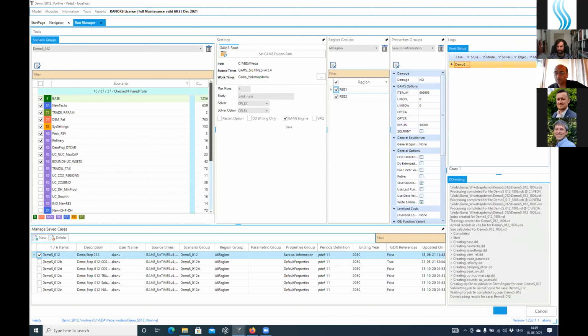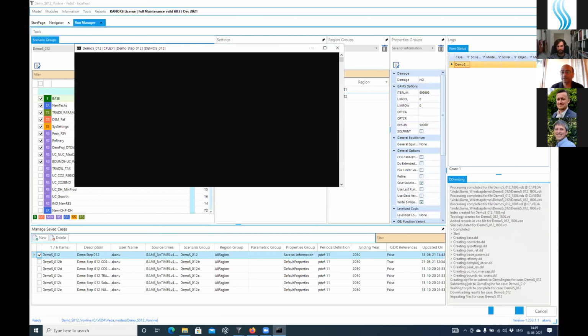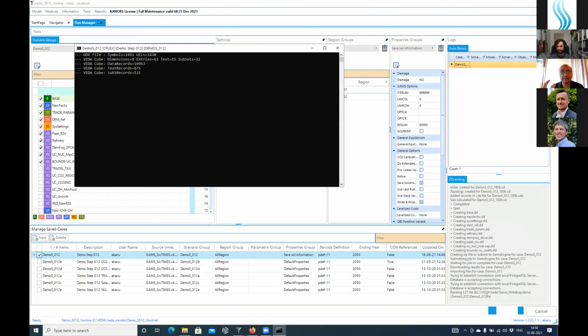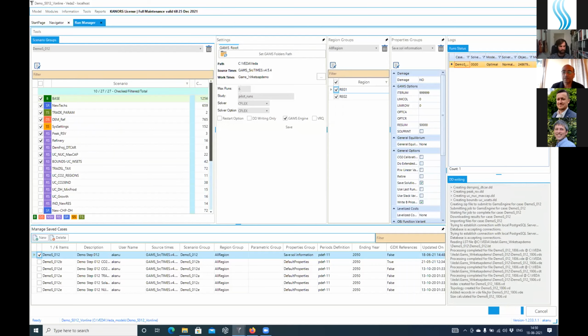So all the steps that Fred has shown through that web interface are being performed by Veda. And finally, what we get back is the big GDX file, and we do a local GDX to Veda